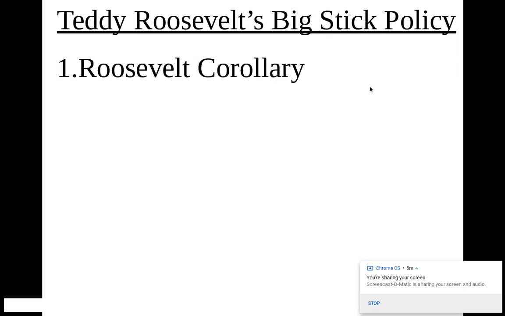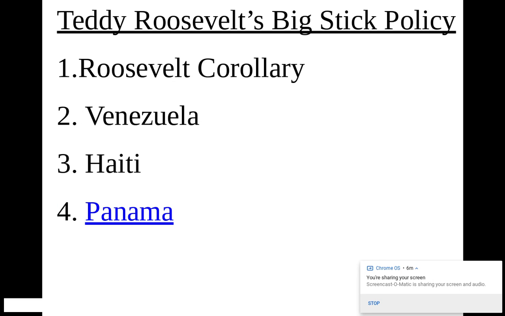So think about this. One way that I teach this is to think about it like Legos. So the Roosevelt corollary is the bottom. I'm sorry, the Monroe Doctrine is the bottom Lego. The Roosevelt corollary goes right on top of the Monroe Doctrine. So it's really a part of the Monroe Doctrine, and it's got the nickname the Big Stick Policy. So with that in mind, how is the Roosevelt corollary part of the Monroe Doctrine?